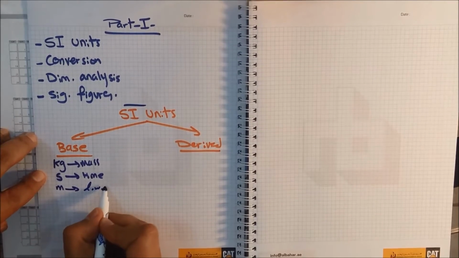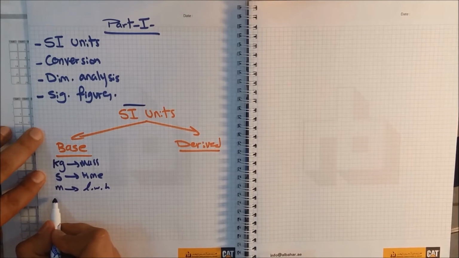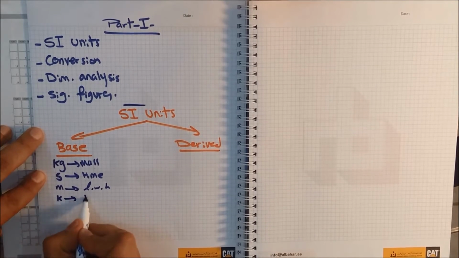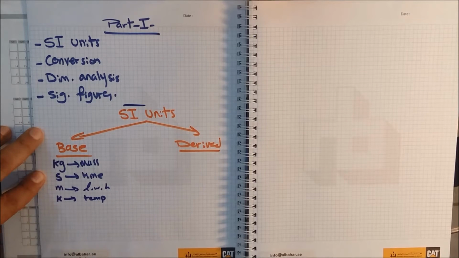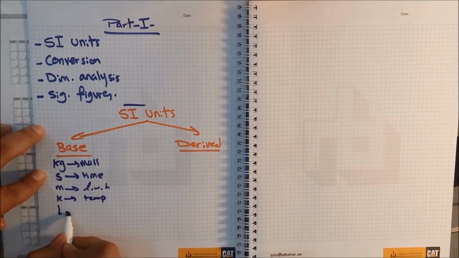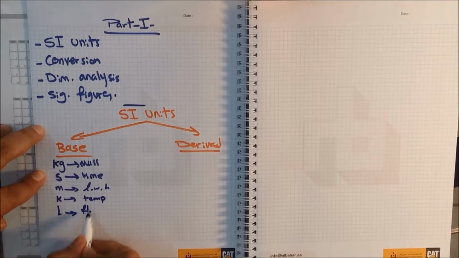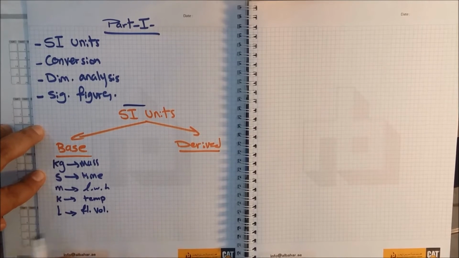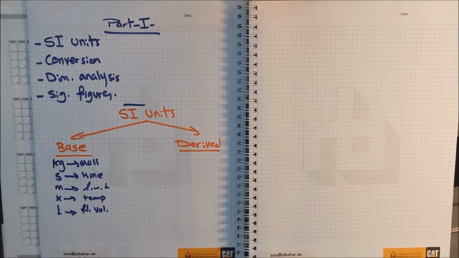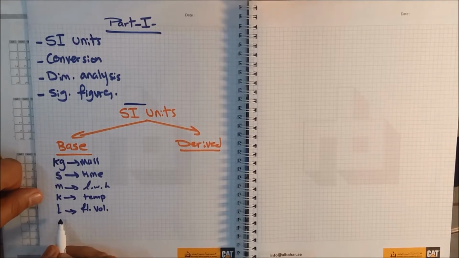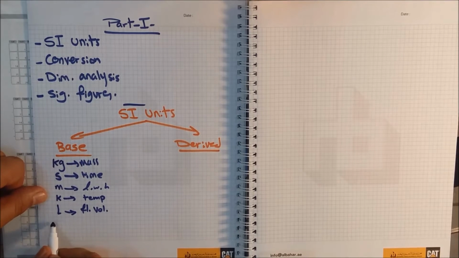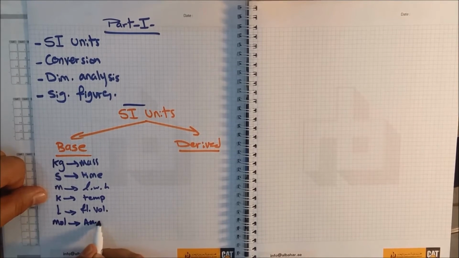We use Kelvin for temperature. We use liters for the fluids volume, and I mean by fluids, gases and liquids. And we use mole for the amount of substance,